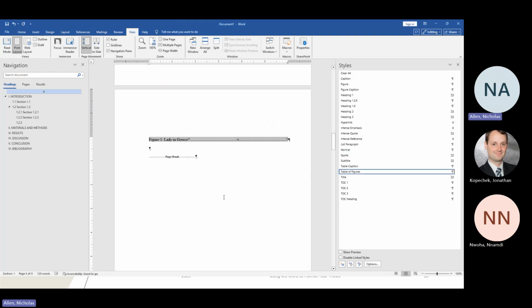So in your table of contents, you can have a briefer caption. Your caption could be as long as you want. Some journals allow you to have big descriptive captions, logical data, things like that. You can put a lot in captions. But your table of contents, you probably don't want a big old giant long caption. So that's the last little tip. But do not be afraid of Word. Learn to use styles. And if you have any questions,